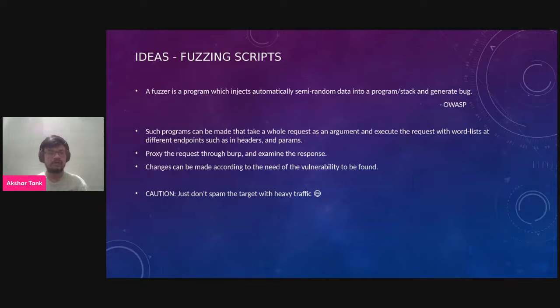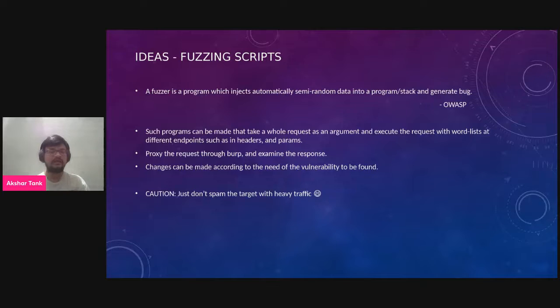So basically, what I would suggest is to make some word lists out of this data. You can start with some open source repositories such as SecLists, and then you can start curating your own based on that. What you can do is take those word lists, select the parameters or headers that you want first,